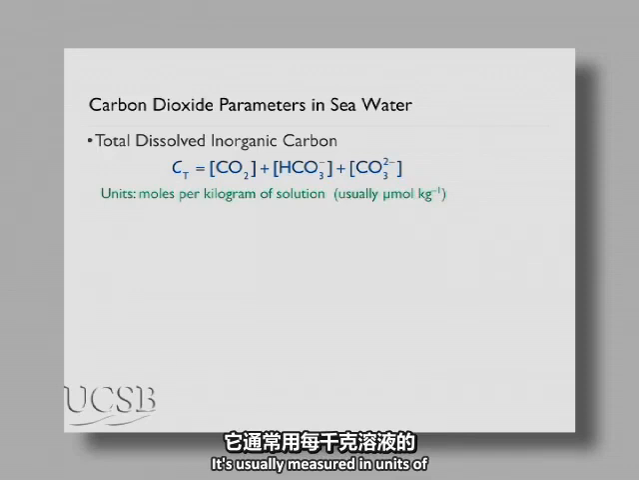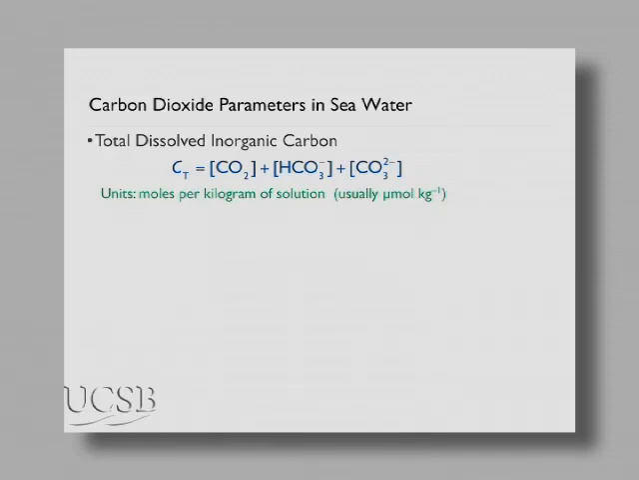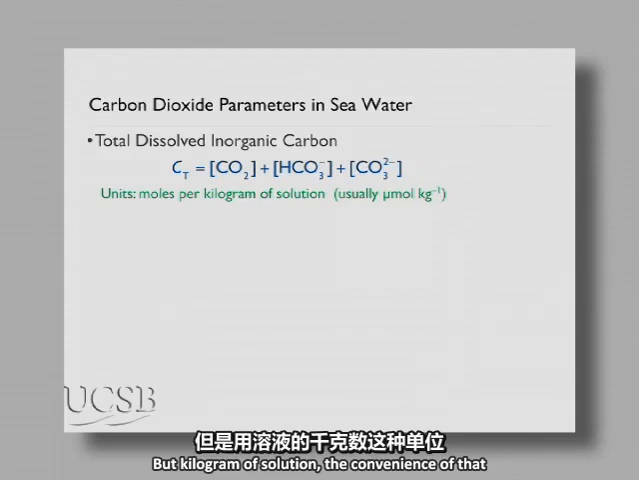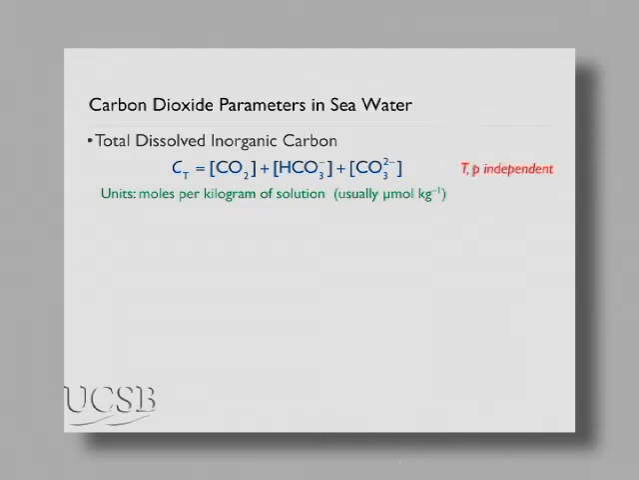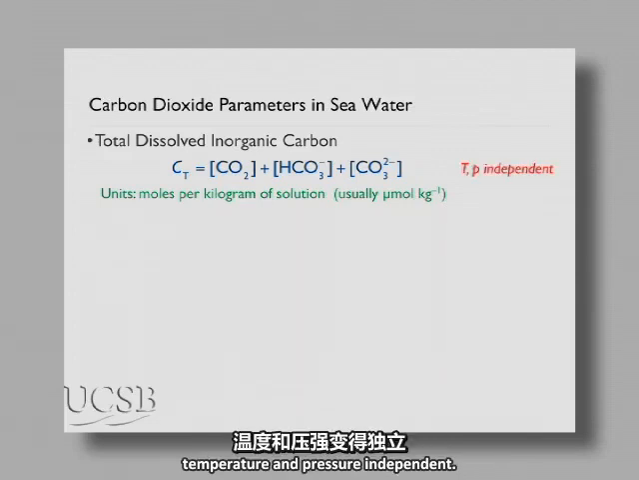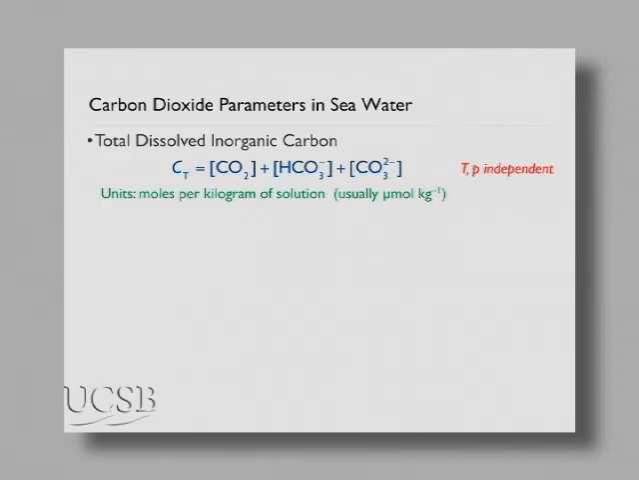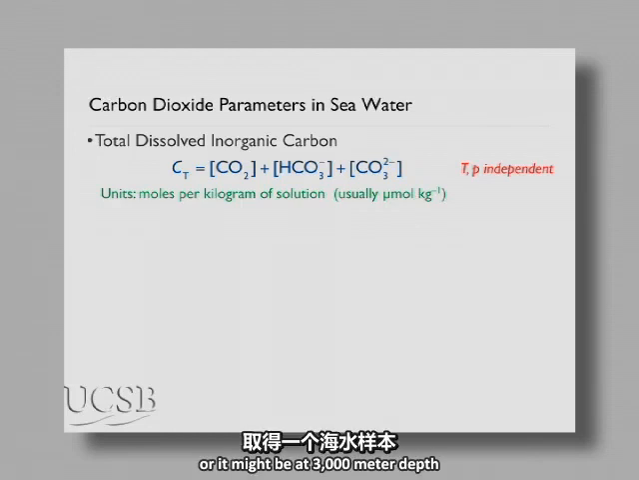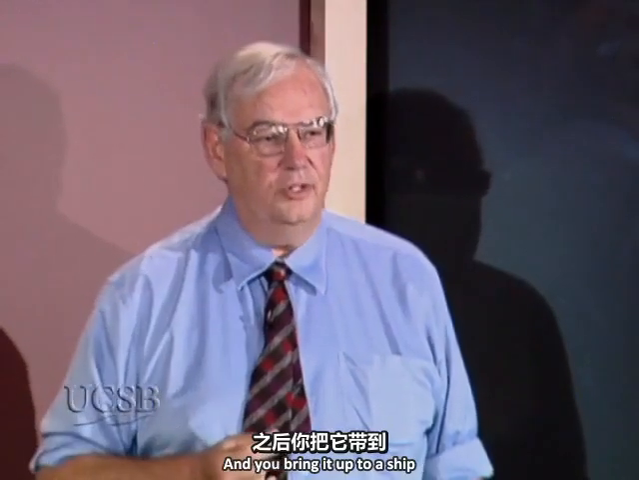It's usually measured in units of moles per kilogram of solution. The moles are obvious. Moles are a standard chemical unit. Per kilogram of solution, the convenience of that is that it makes this term temperature and pressure independent. Thus, if you take a sample of seawater from the deep ocean, where it might be at 3,000 meters depth and at a temperature, let's say, of 2 or 3 degrees centigrade, and you bring it up to your ship